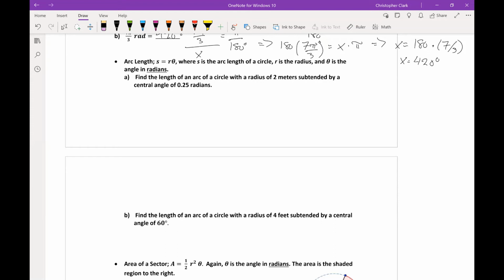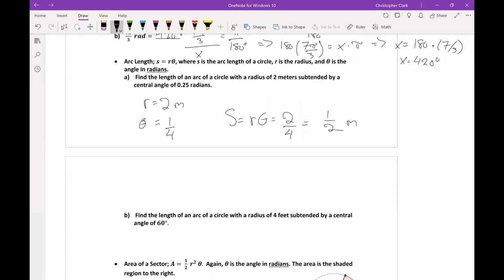What's the length of an arc of a circle with radius 2 meters subtended by a central angle of 0.25 radians? In this case, r is equal to 2 meters and theta is equal to 1/4 radians. So S is just going to be r theta, which is 2 divided by 4, equal to 1/2